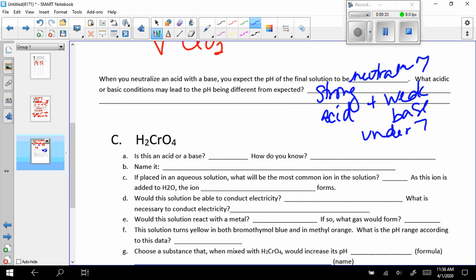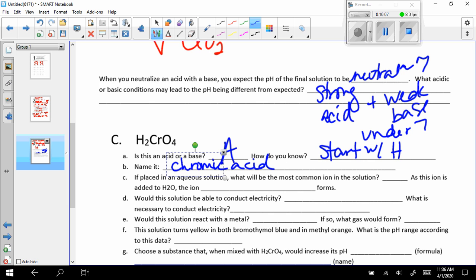All right, H2CrO4, is it an acid or a base? It's an acid. How do I know? Starts with an H. That's usually the biggest giveaway. Name it. So I go over to table K, and it's not on there. So when it's not on there, I have to go to table E, and I look at how other ones that were named on table K are like it. So this is chrome 8, any of the ones that were 8 got changed to X. So chromic